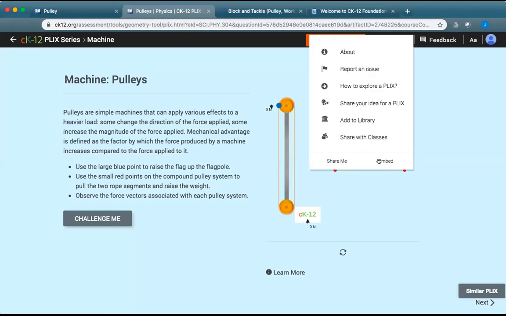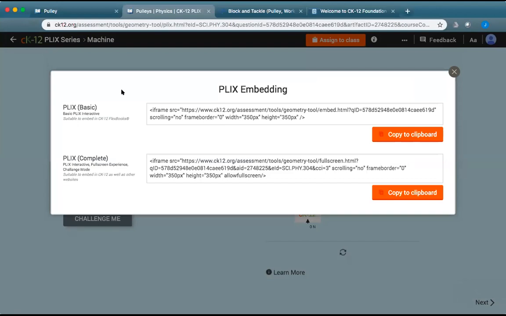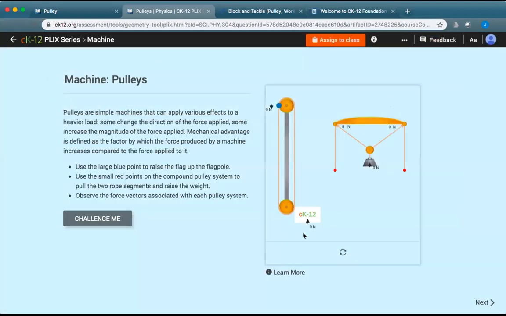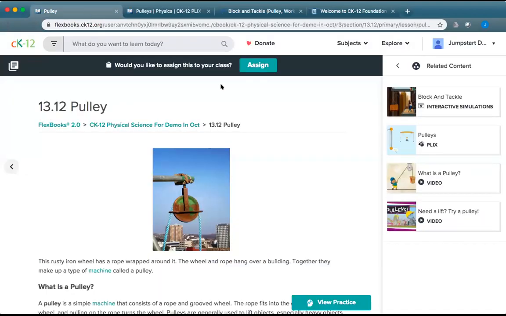So I could do this and I click embed, and there are two options. There's our basic Plix option and our complete Plix option. So I'm gonna just pull the basic Plix option for here. I'm gonna copy that to my clipboard. The complete option would pull this whole Plix, including the challenge questions, the description, that interactive frame as you go through. But whatever that looks like, we're gonna go back here